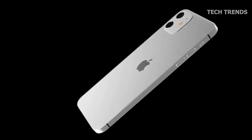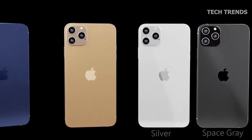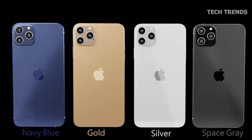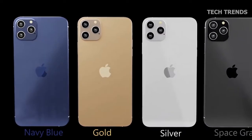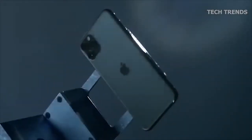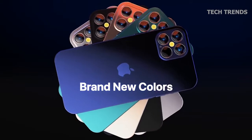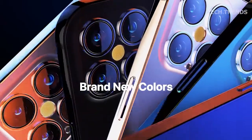As for the colors, the Pro models might use Apple's traditional colors such as space gray and silver with a more premium finish. Some sources say we might even see a blue for the Pro models that can replace the iPhone 11's midnight green. Others say that Apple is even considering making use of colors such as light blue, light